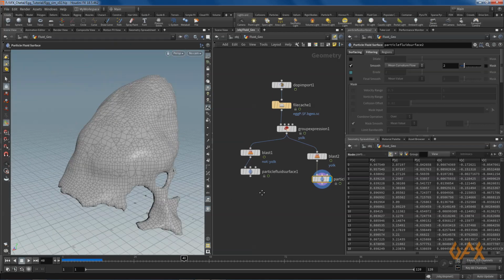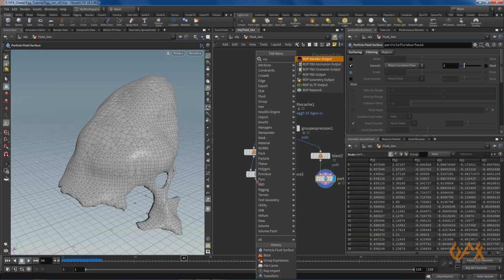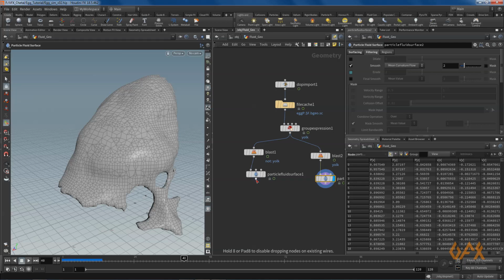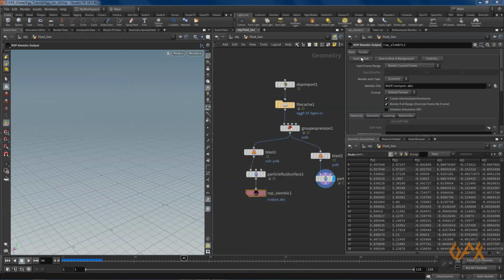Okay, so whatever you did, you just need to export this thing, what I prefer. So right now I prefer that I just export this thing into Alembic. So ROP Alembic output you can use, and you can definitely define the path like save to disk over here.